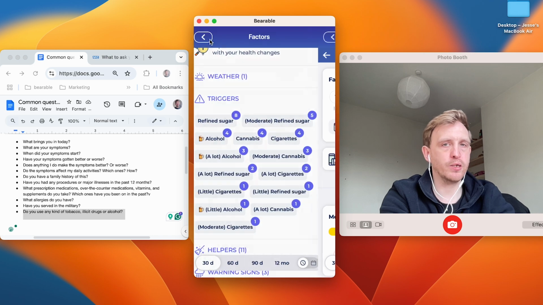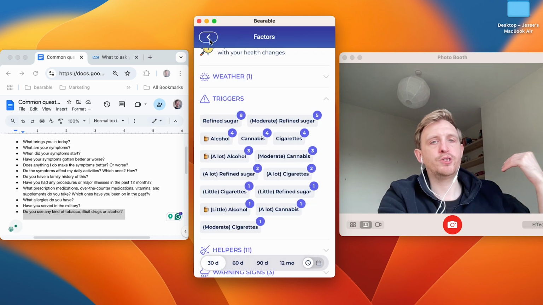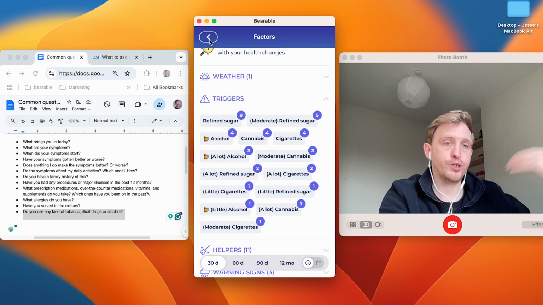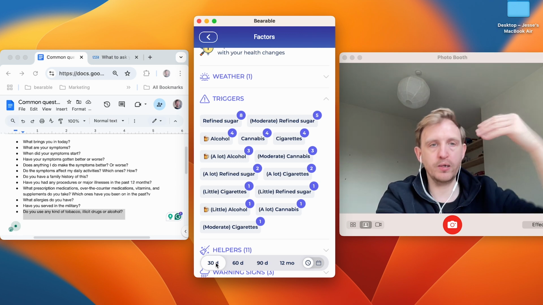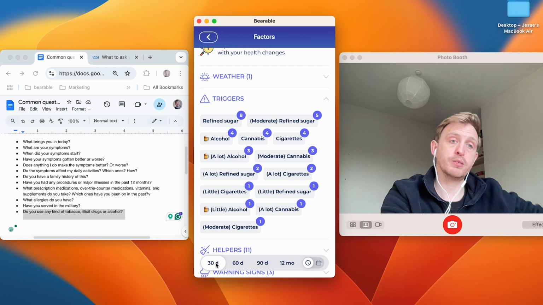I think really a doctor is just going to want to know, do you use them? Which do you use? How often do you use them? And so this is really the screen that's going to be useful, because you're going to be able to say, in the past month, I've used tobacco this many times. I've used alcohol this many times. I've used a specific drug this many times.